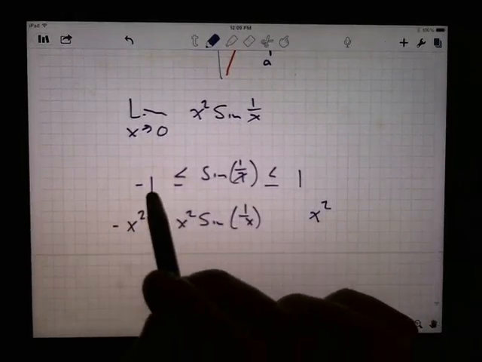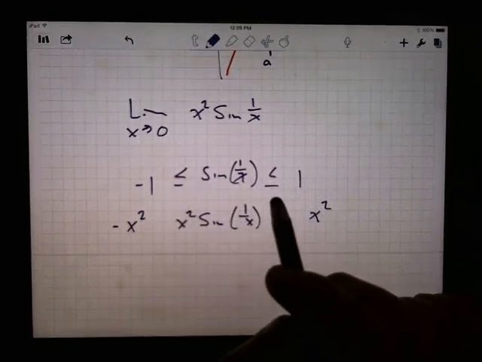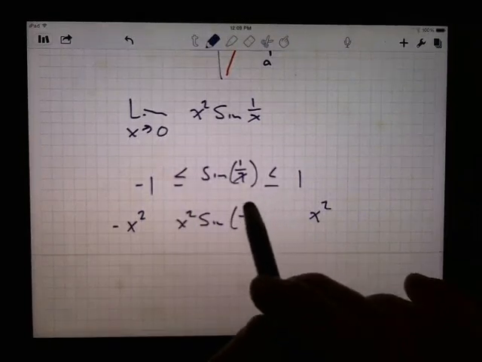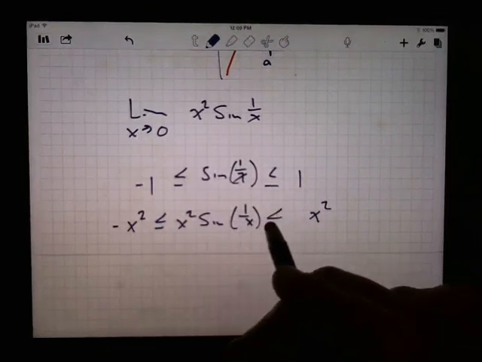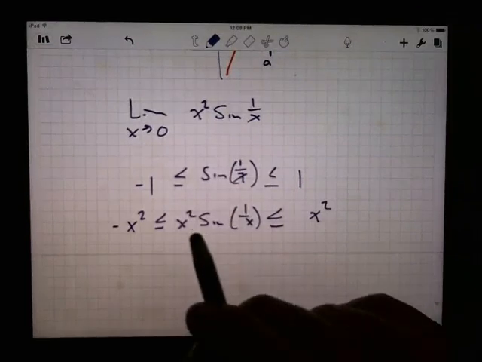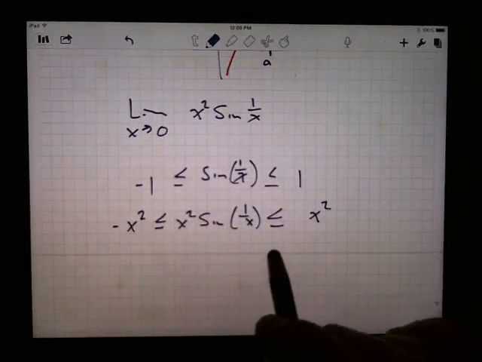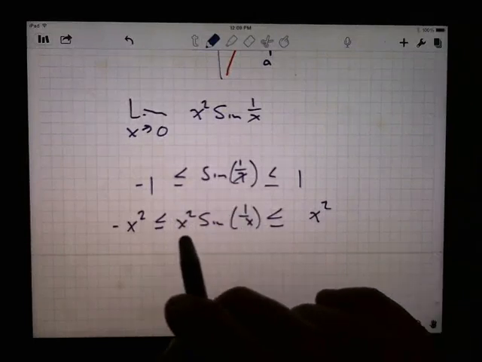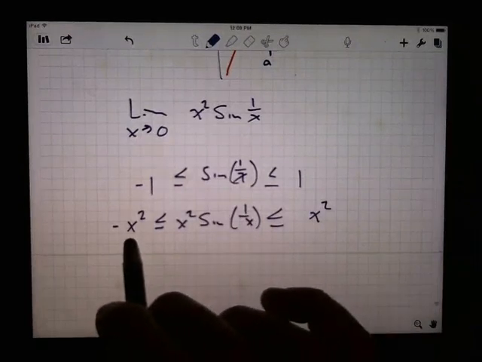Now I have to decide: if I multiply everything by a number, does that keep the inequalities in the same direction or the opposite direction? If you multiply by a positive number, the inequalities stay pointed in the same direction. If you multiply by a negative number, it reverses the order. But x squared is a positive number. So what I have here is that x squared sine 1 over x is always in between negative x squared